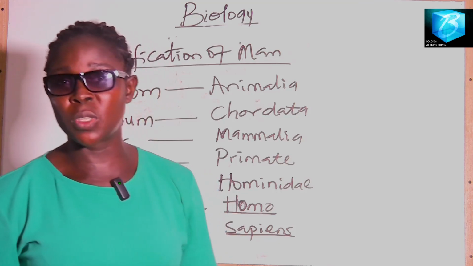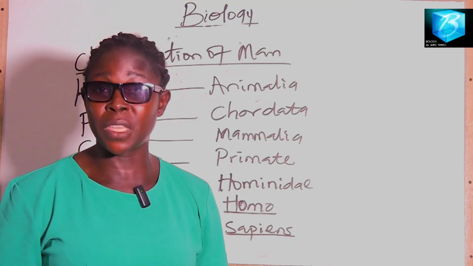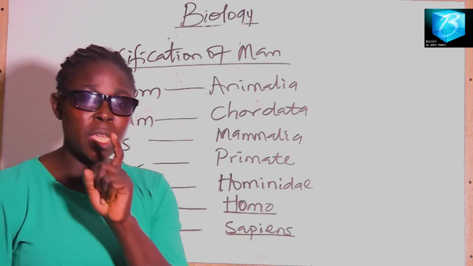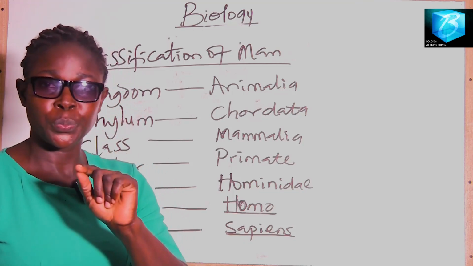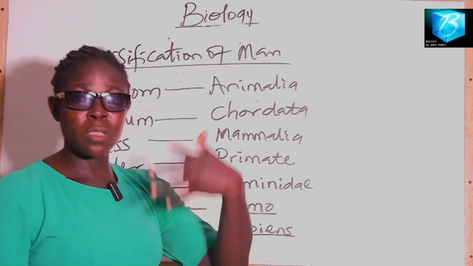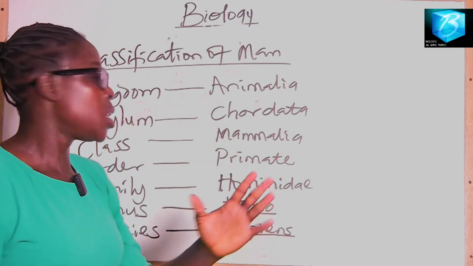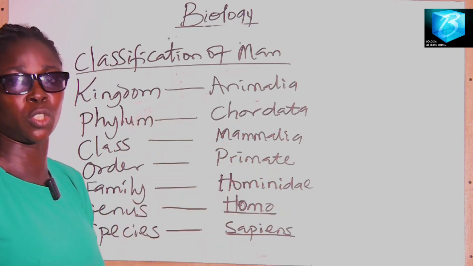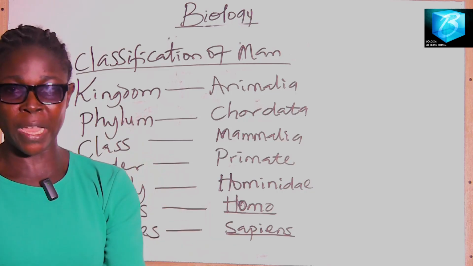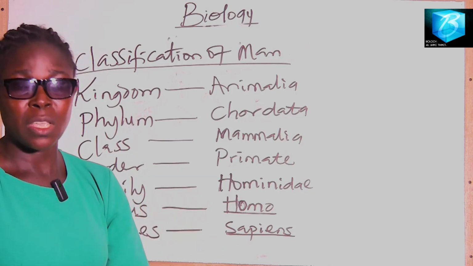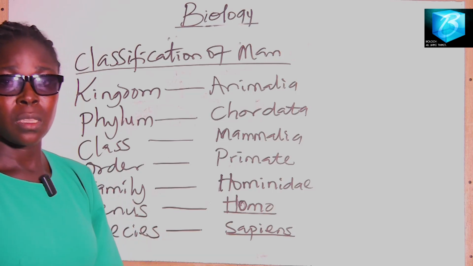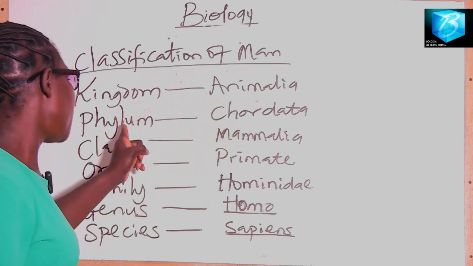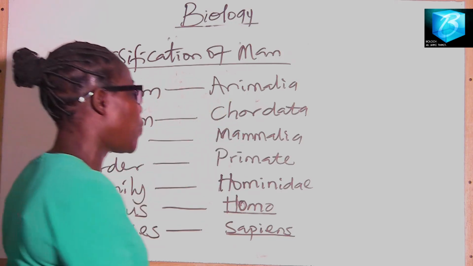And that is why it is very common to say the scientific name of man is Homo sapiens. Now, there is one thing that we need to understand very well. At times, there could be prefixes in some of these groups of classification, in some of the hierarchies of classification. For example, we could have subphylum, we could have superclass, we could have subclass. Let's take, for example, man belongs to kingdom Animalia, phylum Chordata, subphylum